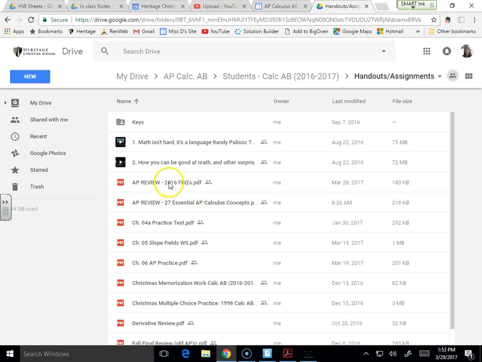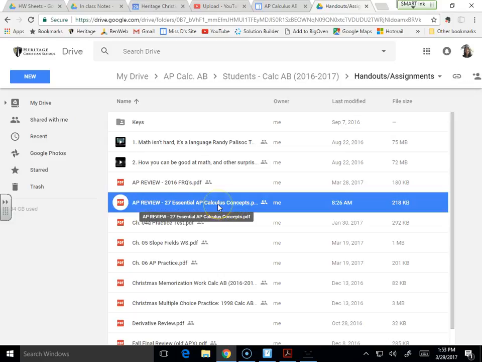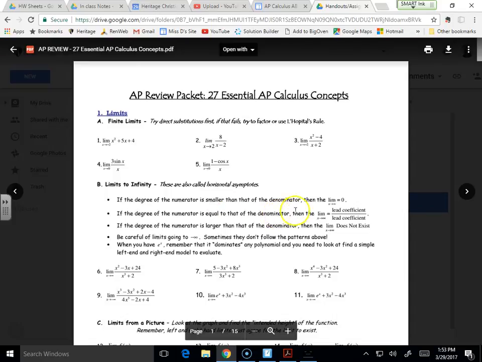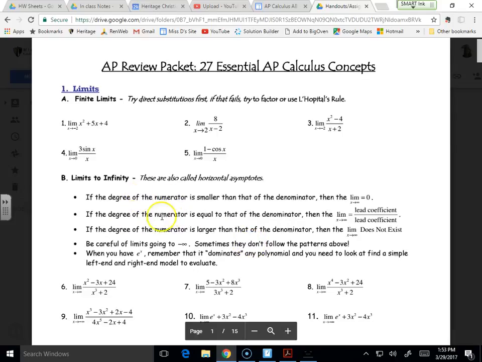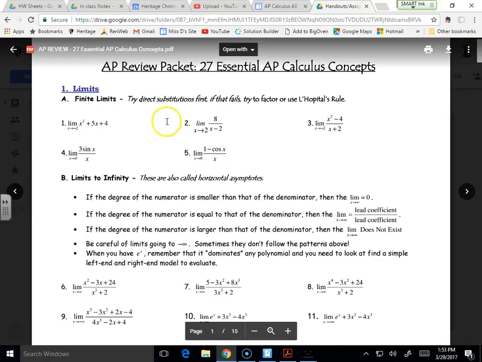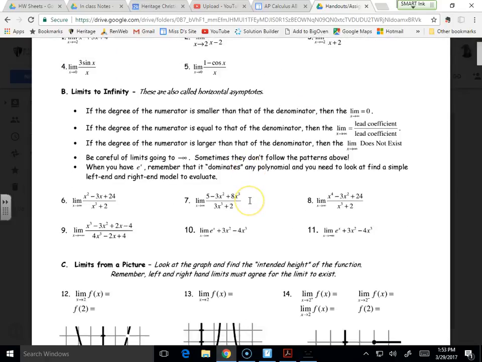You guys see something new that showed up here somewhere? What's 27 essential AP calculus concepts? It's a cool topic by topic review that one of your classmates found and that some of you have seen and you're like, oh, I wish I had that. I went ahead and told her that I'll make an answer key for it. She didn't have one. And it does go through from beginning to end, summarizing some of the key ideas that you guys would find in your notes or maybe find in Forever's, and give a few chances to go ahead and see if you can solve the problems.